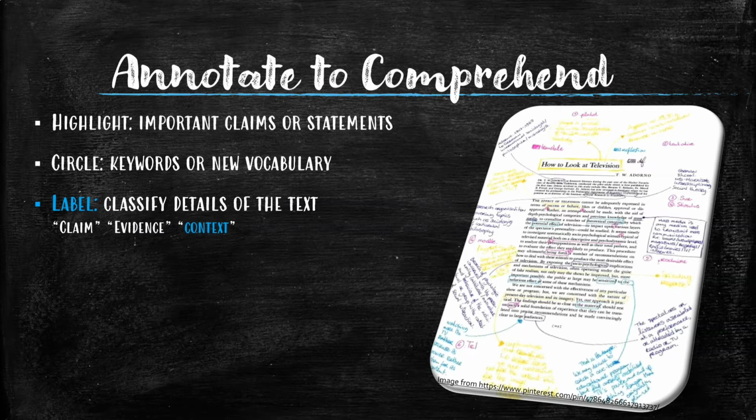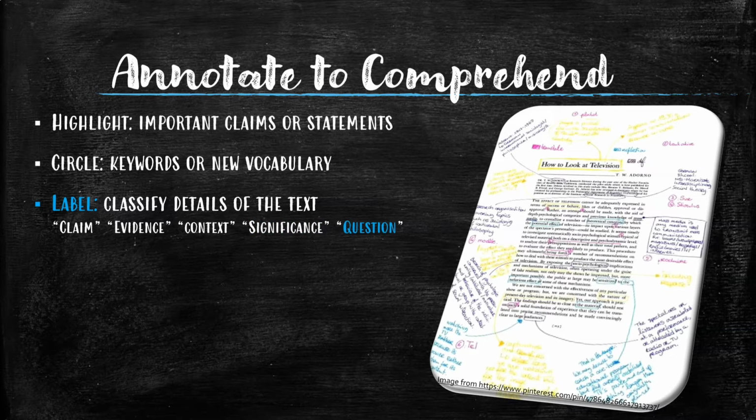Next, we might see context. So maybe the author is talking about what is happening in society. They might be referring to a year or a time period or an event in history. So we might take note and remind ourselves, here's the context. And then the significance. The author will often tell us why their ideas are important, what can be gained or learned or developed after reading their ideas. So any statements about the impact or the effect or the results of their topic, we might make a little note on the side of our text where we might think this author is giving us the significance of their argument.